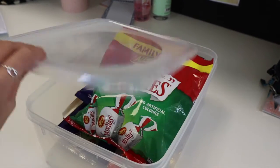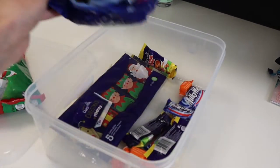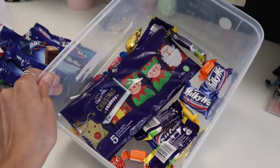Last one is a little bit silly, but it is Lollies and Chocolate. I think that Lollies and Chocolate are essential sometimes to get through the day, but also to use as rewards. Obviously, this one is a little bit more dependent on what kind of funds you have to spend on your class. However, I have a box of chocolates and lollies that I will sometimes bring out in a lesson and share with my class, maybe as a whole class reward or as prizes if we're playing a game or something